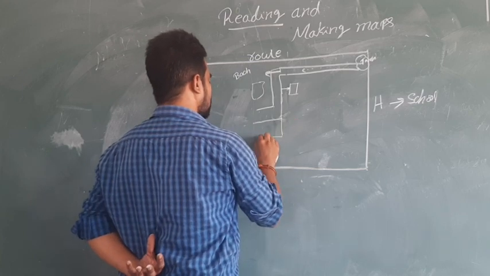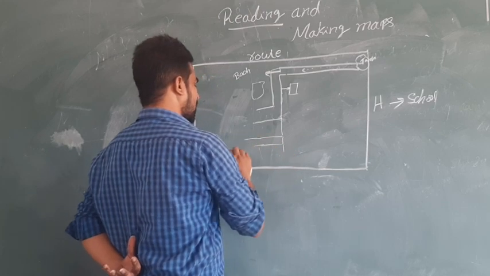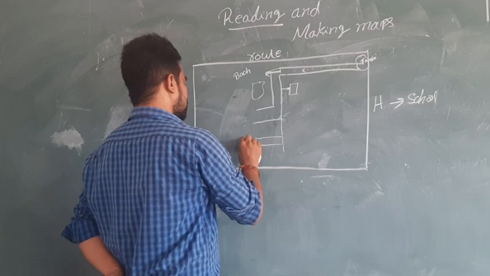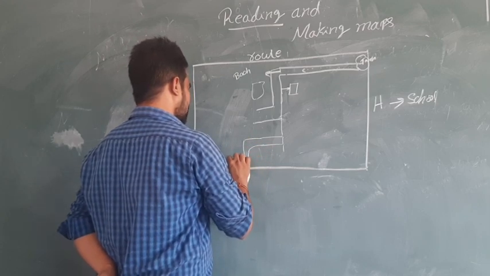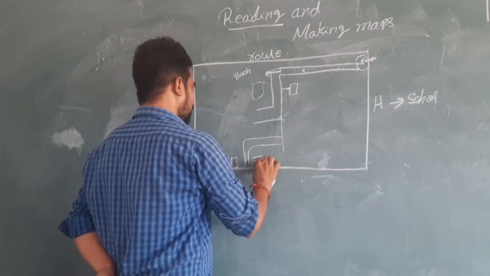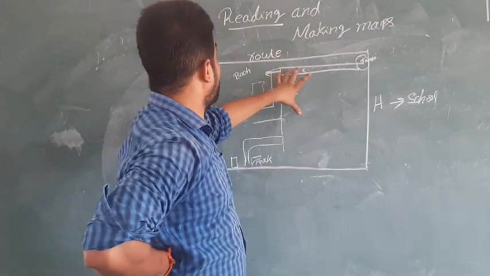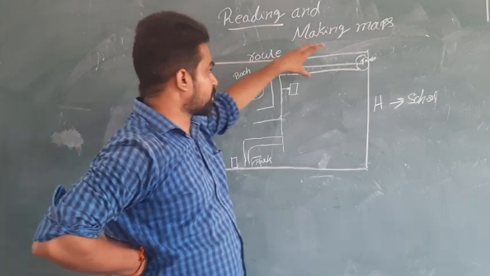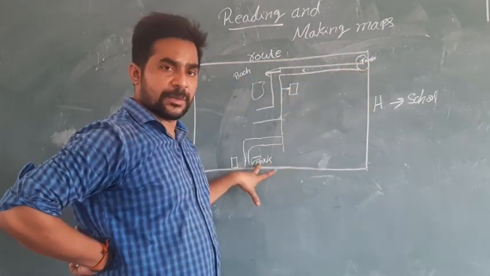Second right, left, and we have to show that this is the second left. We have to go there. We can take one more right direction. At the dead end, we find this school near a park, that is Ambedkar Park. So I have just given the rough map, but in this map I mentioned only roads, tanks and the park.